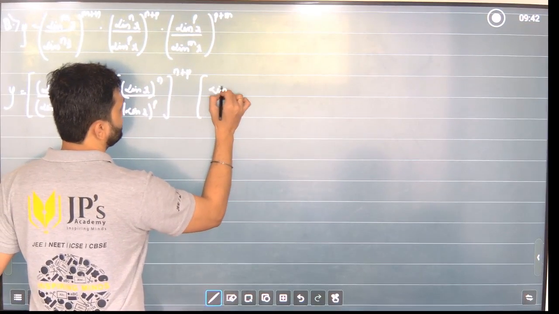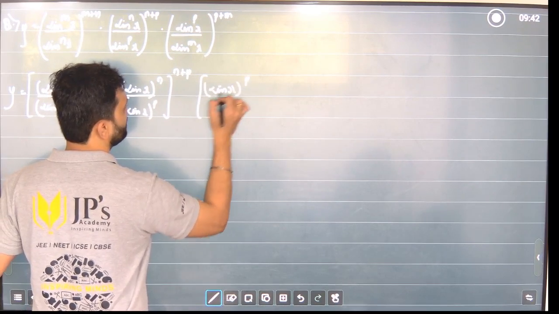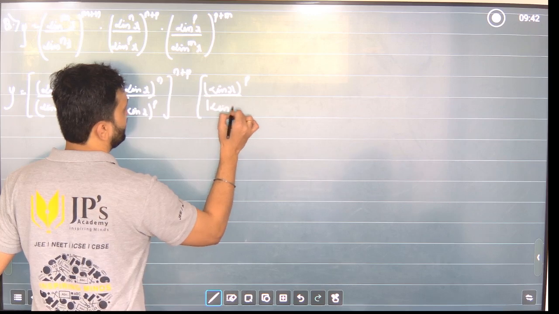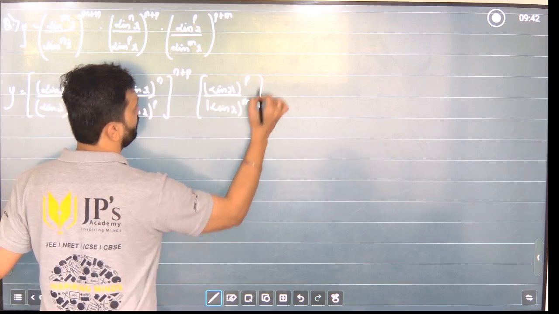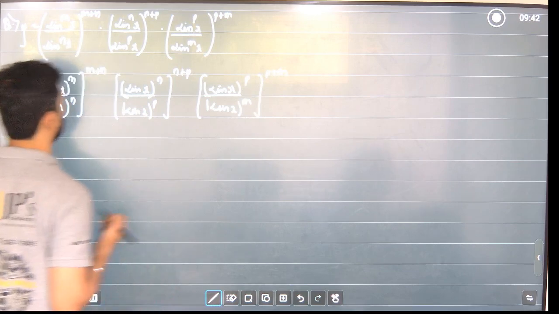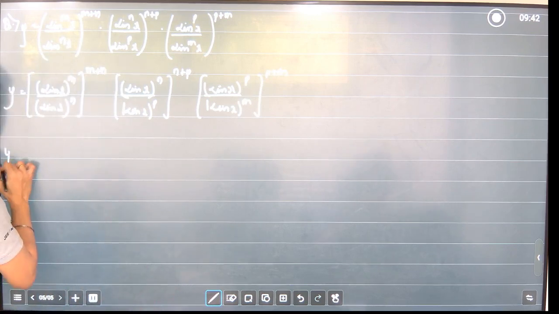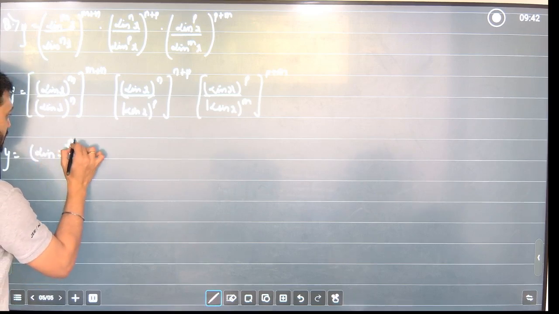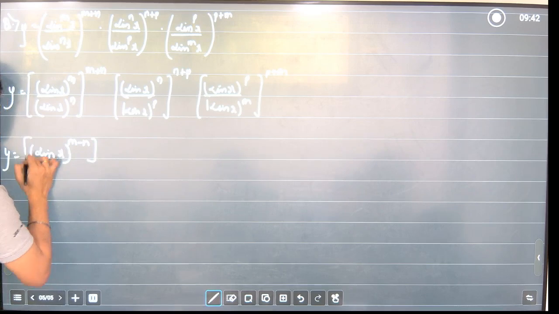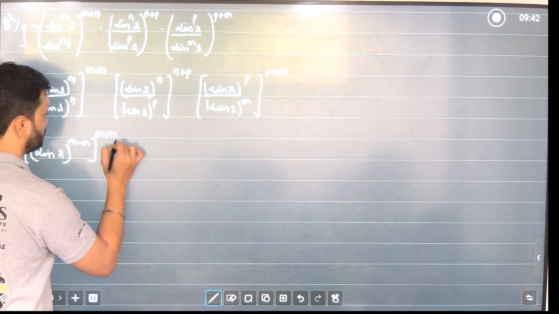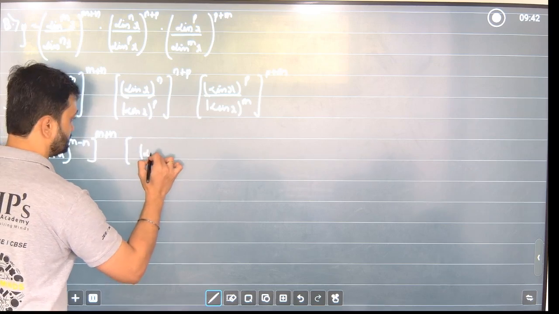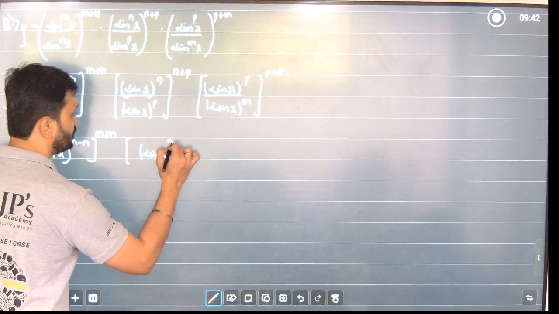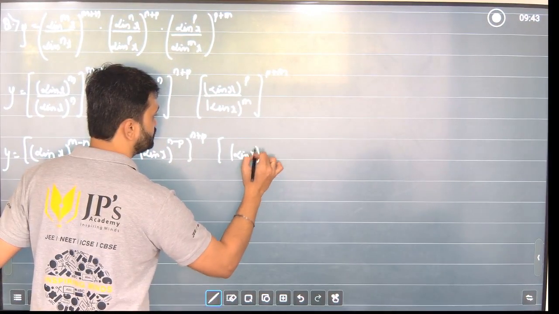And this will become sin x raised to p upon sin x raised to m upon p plus m. As the term goes in the numerator, it will become sin x raised to m minus n, the whole raised to m plus n, sin x raised to n minus p, the whole raised to n plus p, and sin x raised to p